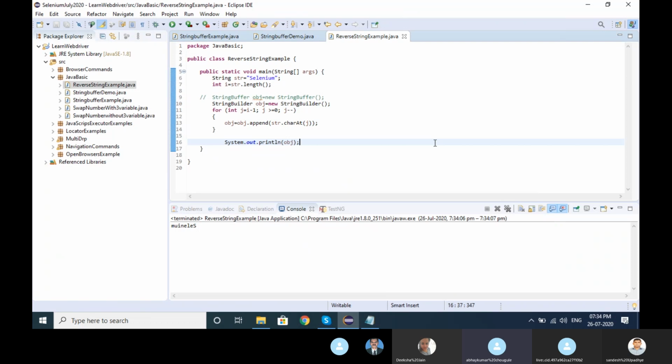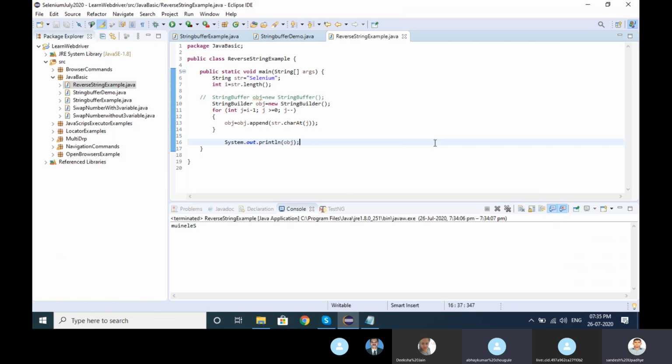Then we are initializing the StringBuilder class, obj equal to new StringBuilder, and we are looping with a for loop, integer j equal to i minus 1, which is string dot length minus 1. Then we append to the defined object obj whatever character value we get in every loop, and then we print that value.